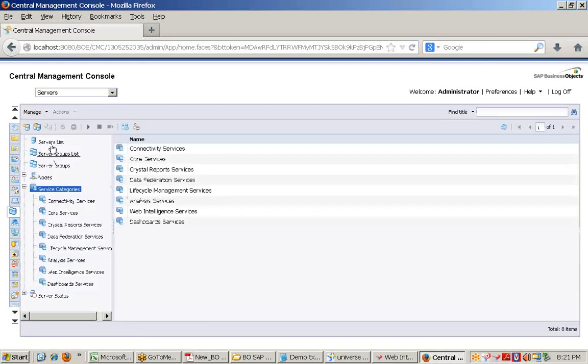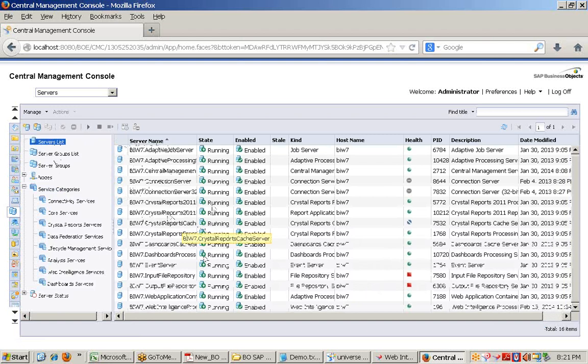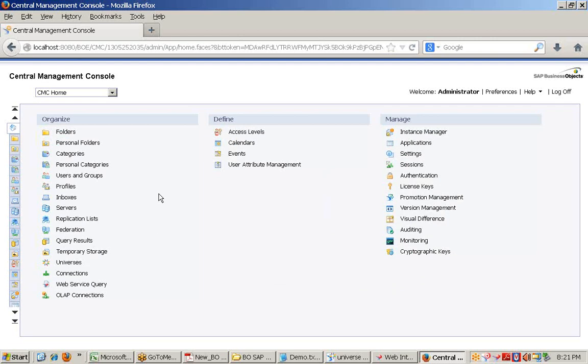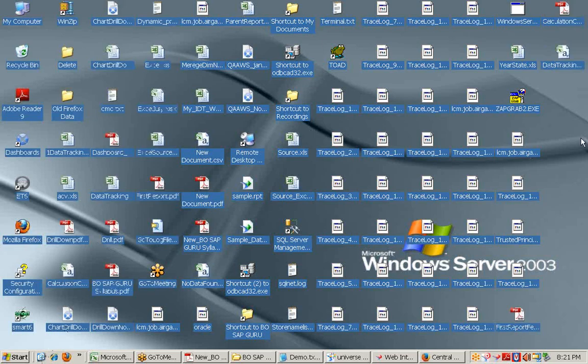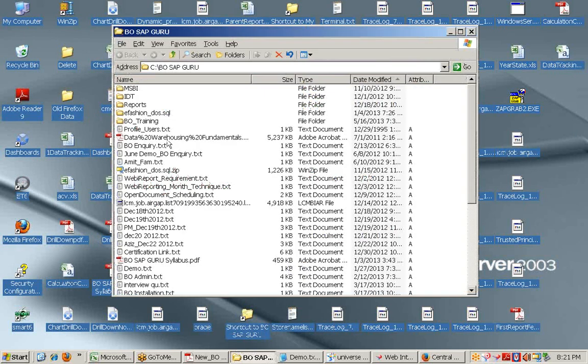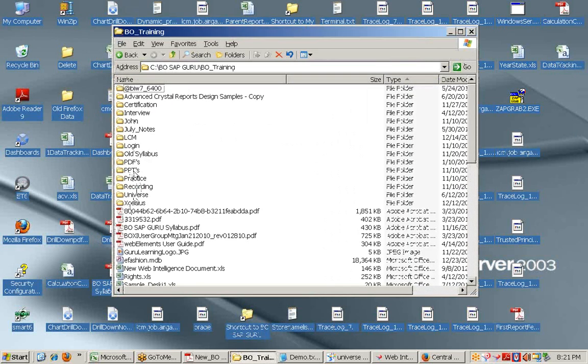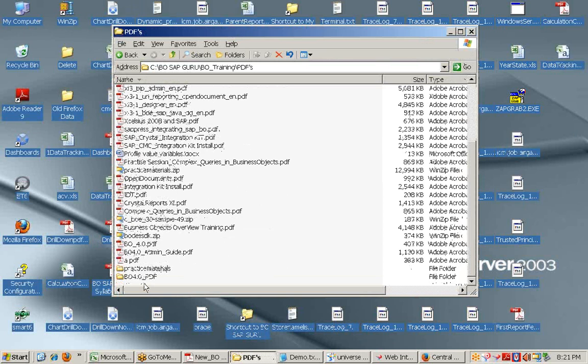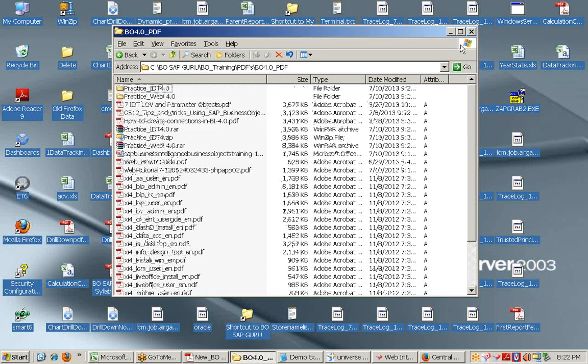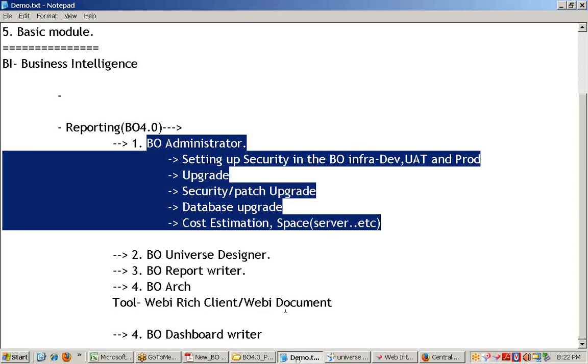And then we are going through the architecture and how these servers have been built, how they're connected, how they communicate, and what information is related to all the servers. So pretty much every day, the class will be focused on real-time scenarios. I'm just giving you a few of them as we are talking now, but we'll be talking through very practical scenarios, and you will be receiving all the standard SAP materials, like the PDF materials, whatever we have with SAP BO 4.1, 4.0, all the standard PDF study materials, plus you will get